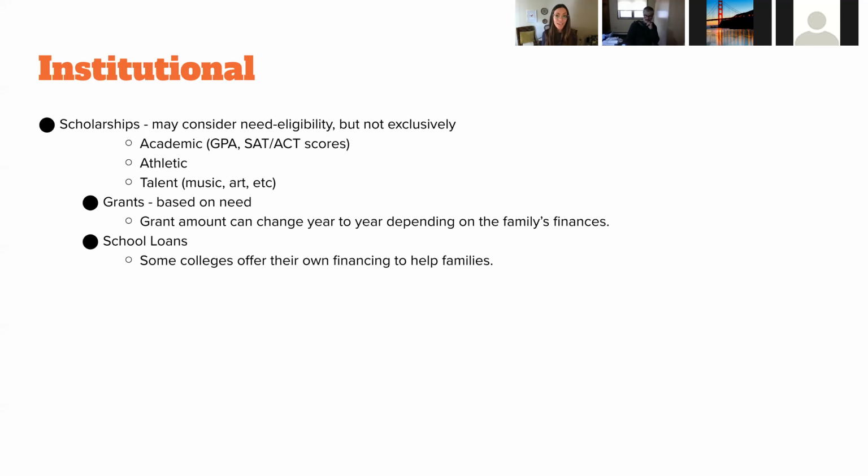Where you get the most money is in institutional aid. And this is where I really emphasize putting a lot of thought into what the college list looks like. And sometimes I'll meet resistance with that. A lot of families think, let's just build a list of dream schools. And then as step 2, we'll find the funding to support that. And that's really backwards, because the most money you're going to get is from the schools themselves.